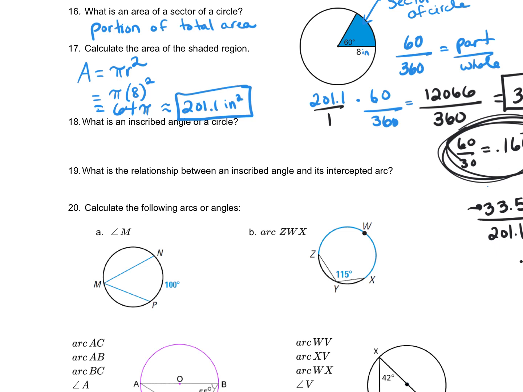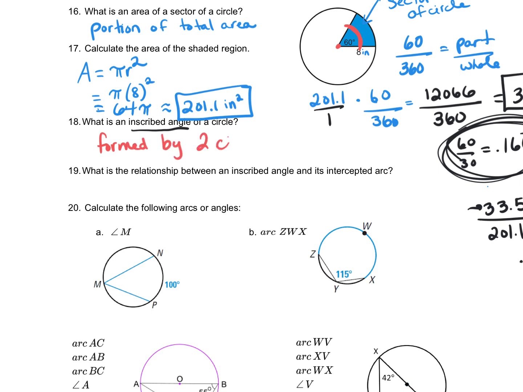Next, we're going to take a look at what we call inscribed angles. We talked about central angles. In our problem with area of the sector, that 60 degrees is a central angle because the vertex is at the center of the circle. An inscribed angle is formed